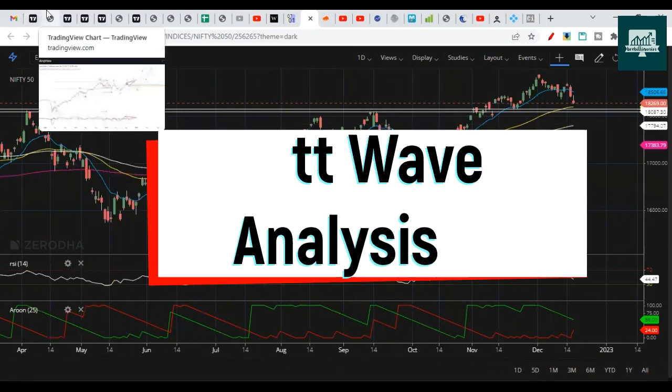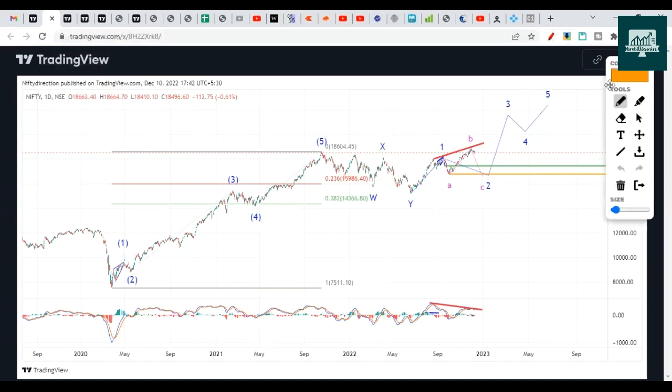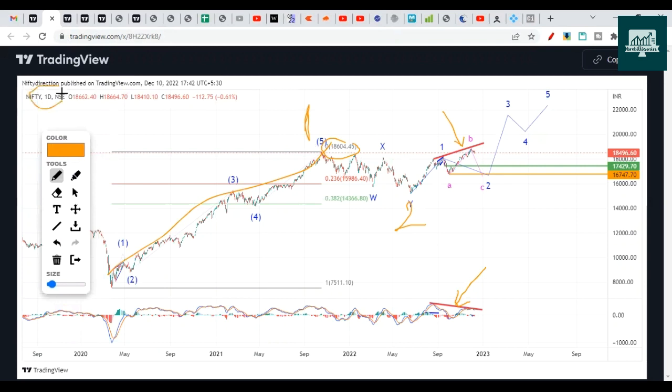First thing, on Elliott Wave, we will discuss the long-term chart, or you could say the chart from the COVID low. We discussed this chart in previous videos as well. I will not waste much time. It's there on your screen. We are assuming this as a complete wave 1 sequence and this as wave 2 sequence. Possibly wave 2 has completed here. I hope it's not the other way around, and not some kind of expanded flat correction. We broke this high of 18,600, so I hope wave 2 is finished here. Here we see a negative divergence between MACD and price on the daily time frame. This is a daily time frame video, a 1 day chart.